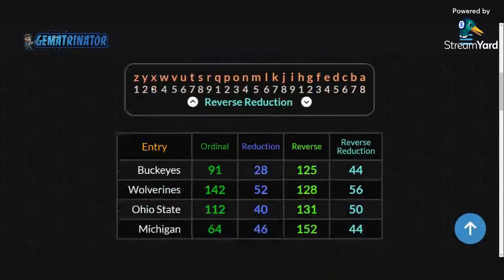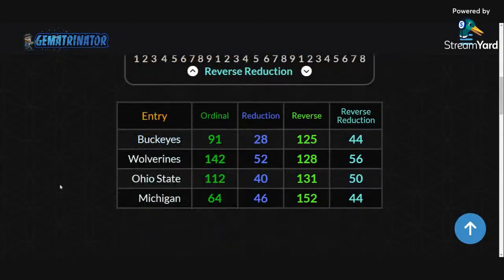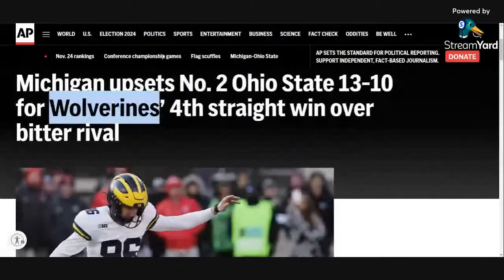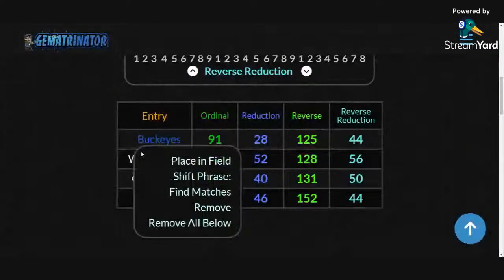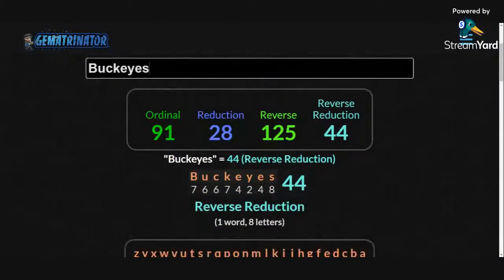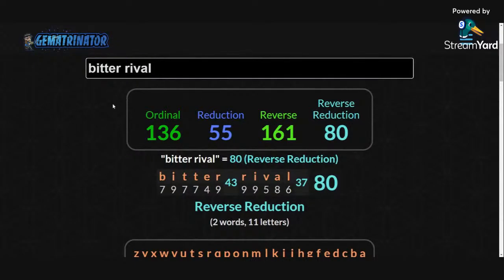Okay, so we have the team names, nicknames, and let's see what else we have over here. We want to put bitter rival, which just simply rival would probably be better. But anyways, if you haven't figured it out by now, I kind of do these breakdowns, right? We'll put rival and we'll put rivals.